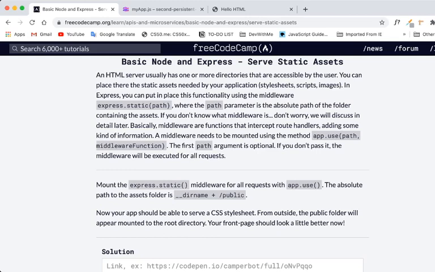Basically, middleware are functions that intercept route handlers, adding some kind of information. And middleware needs to be mounted using the method app.use(path, middleware function). The first path argument is optional. If you don't pass it, the middleware will be executed on all requests. Mount